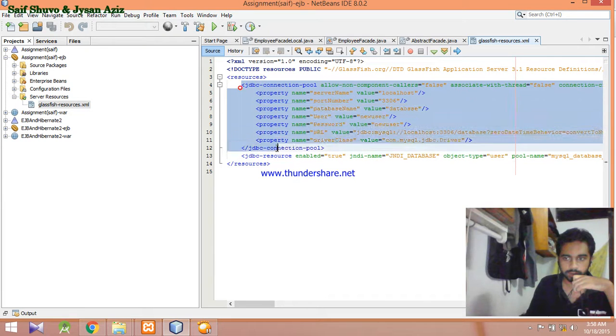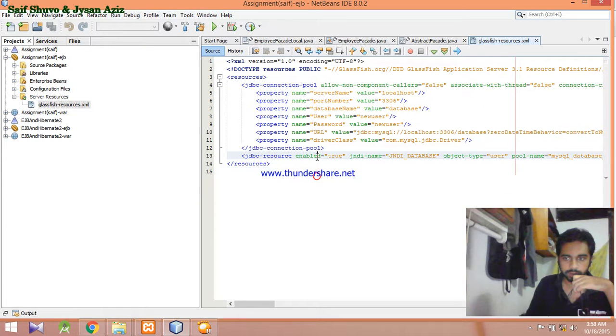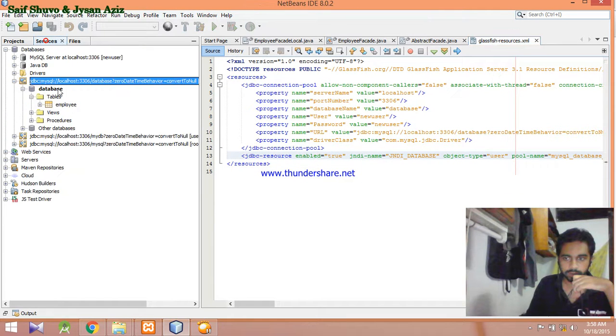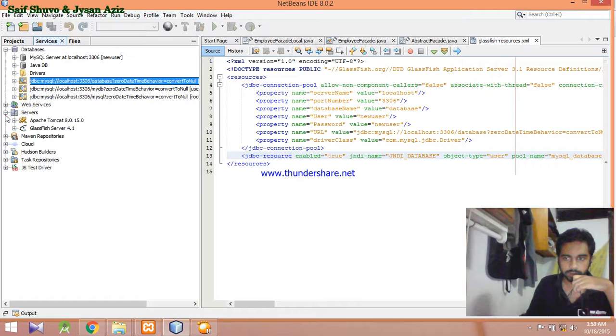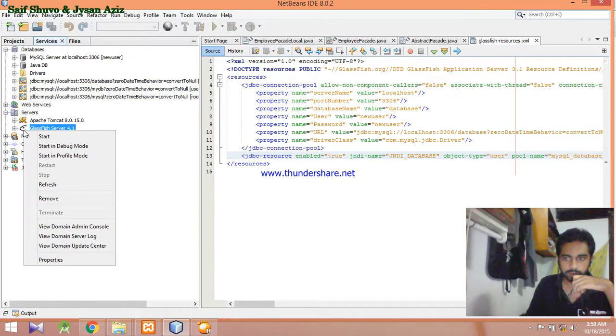Why we have created this is to produce this file, glassfish-resources.xml. This file is very important. There are some properties that we will be using now. So open this file and go to service, run your Glassfish server, right click, view domain,